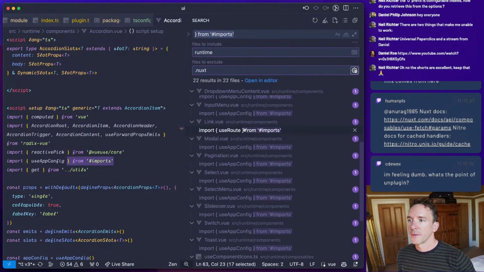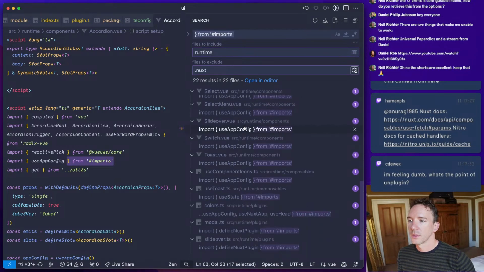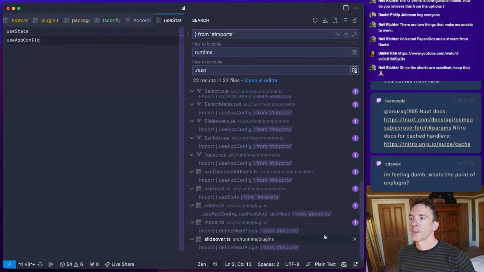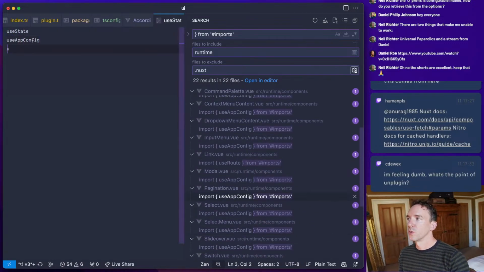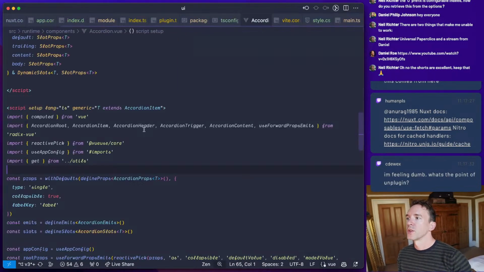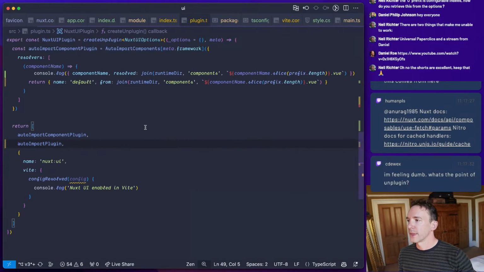So it's use app config, use route, use state, use head. Okay, so to start with we have use state, use app config, and use route. Good. Okay, so we can easily rewrite that.